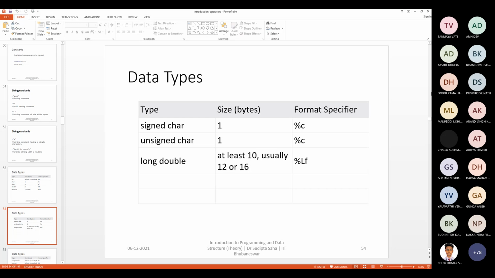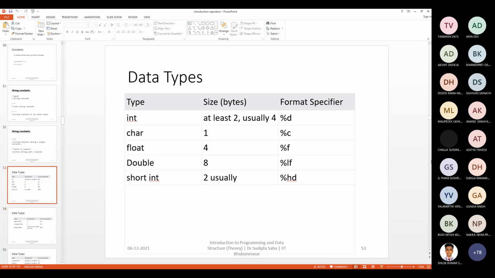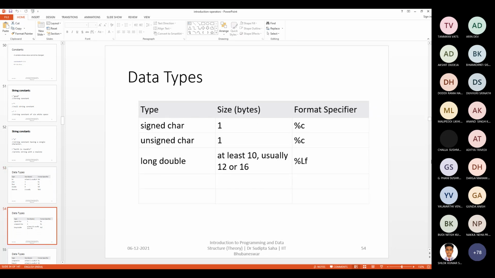Sir, what's the difference between signed character and unsigned character? Yeah, wait a little bit. Don't jump. There will be lots of things discussed. Whatever you are discussing, focus on that. I'll come to that particular issue. There are so many issues actually. You cannot discuss everything, but those which should be discussed. At least minimalistic things should be discussed, otherwise you will be facing huge problems.